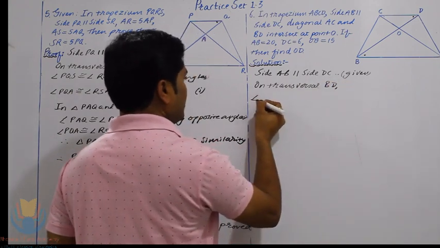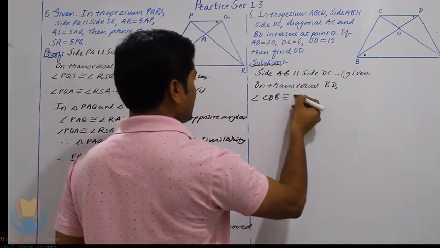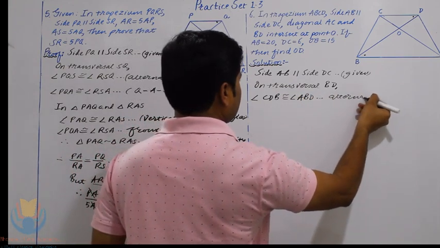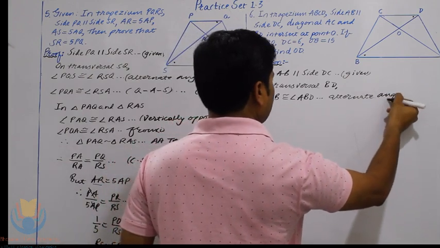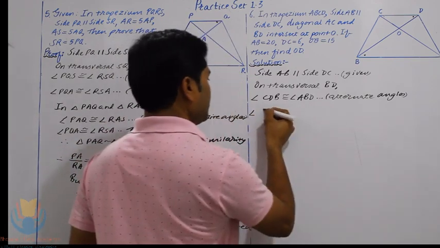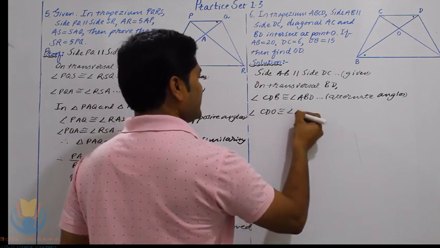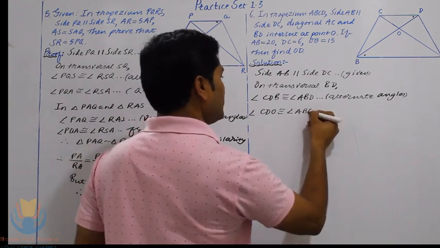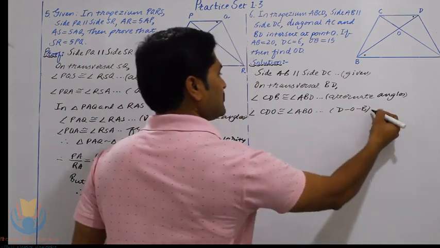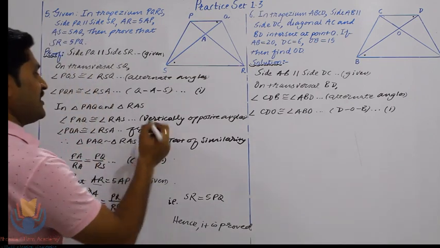BD. So let's take the pair of alternate angles. So this angle CDB is congruent to angle ABD. So these are alternate angles. So again we will modify the name of angles as per the name of triangles. So this CDB can be written as CDO, and this ABD is nothing but ABO, and here we will write the reason, alternate angles. So say this is equation number first, and here also I forgot to write the reason as equation number, sorry, I have written it.